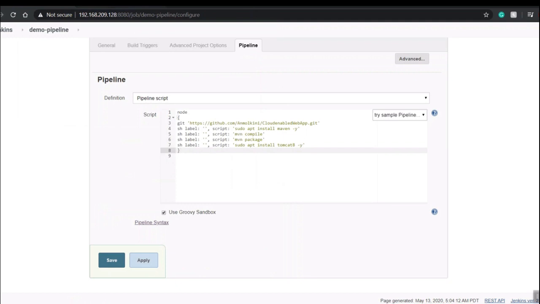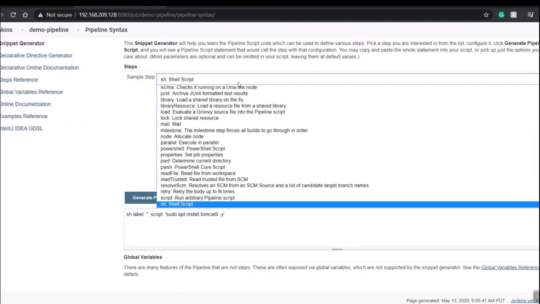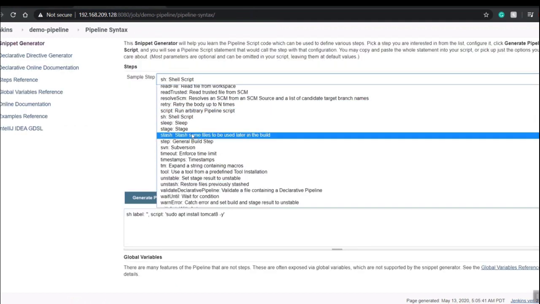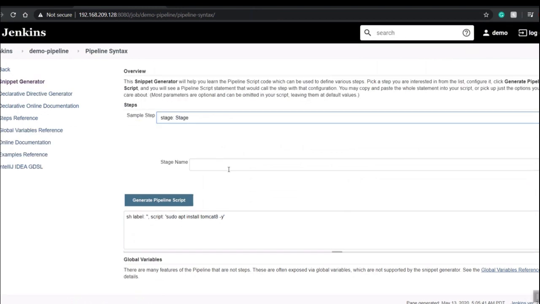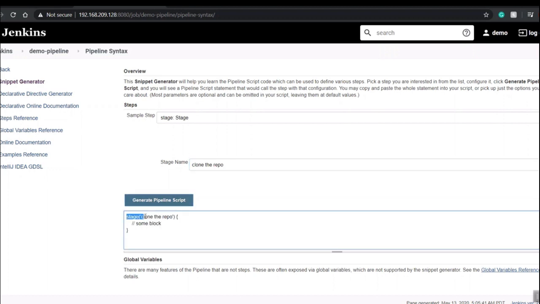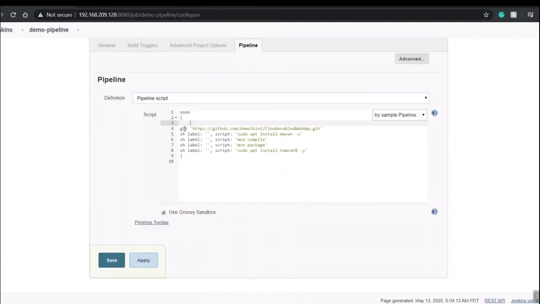And then I'll go to my pipeline syntax, and then I'll select stage. So the stage name, clone the repo. This will start to clone our repository. I just had to copy that and paste it here.